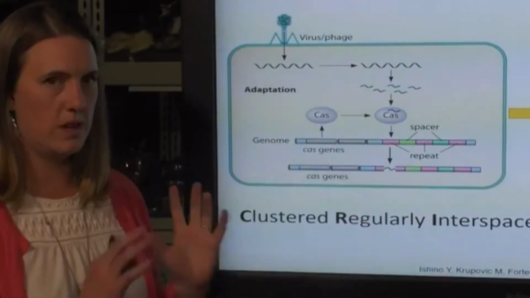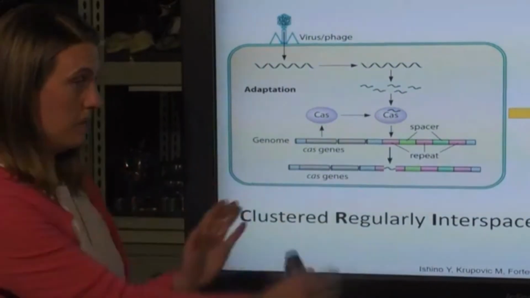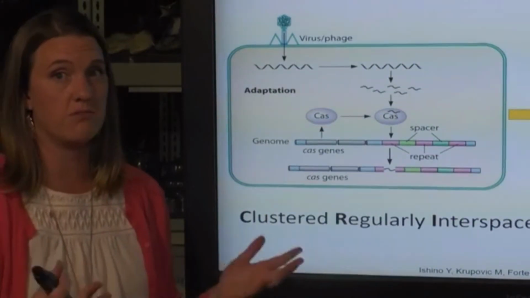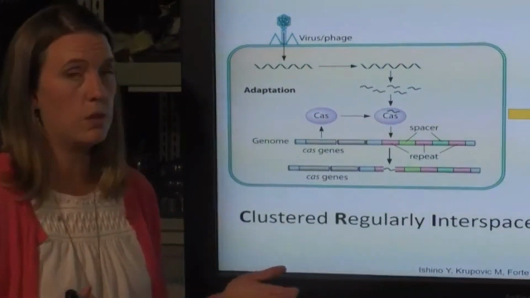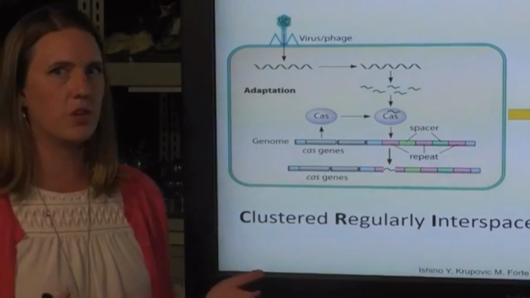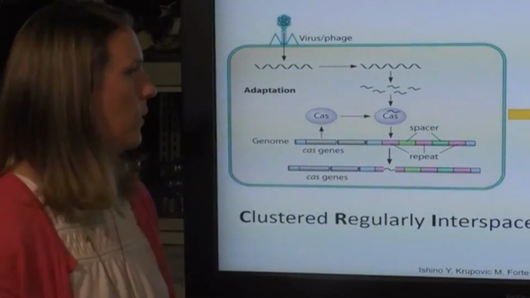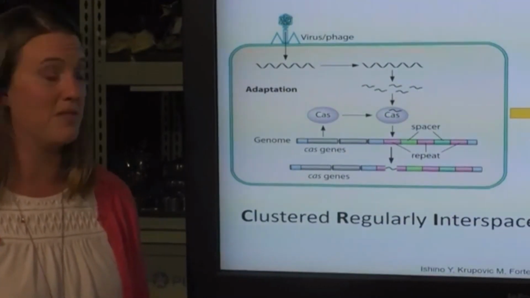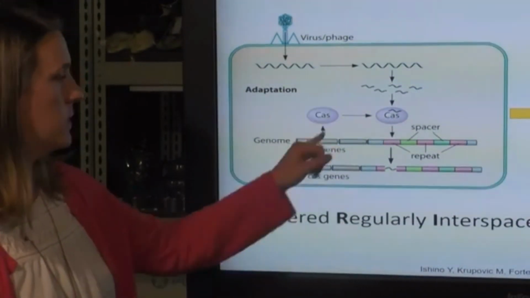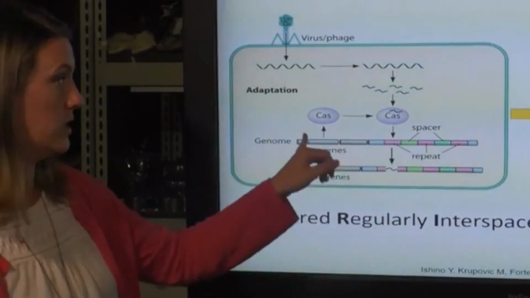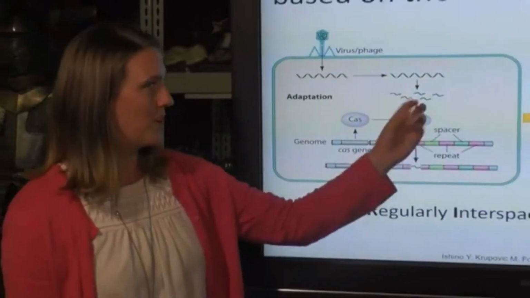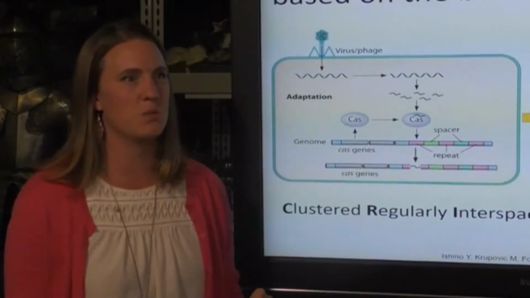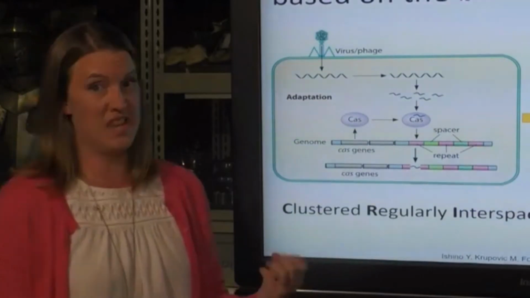So that's kind of the background of what they discovered. How does this work? After studying what these sequences mean, it turns out that this is the bacterial immune system. If a virus infects a bacteria and the bacteria happens to survive that infection, the Cas proteins encoded by these Cas genes help take some of that viral genome and insert it in between those CRISPR repeats. So it keeps some of that genetic information from the infection.